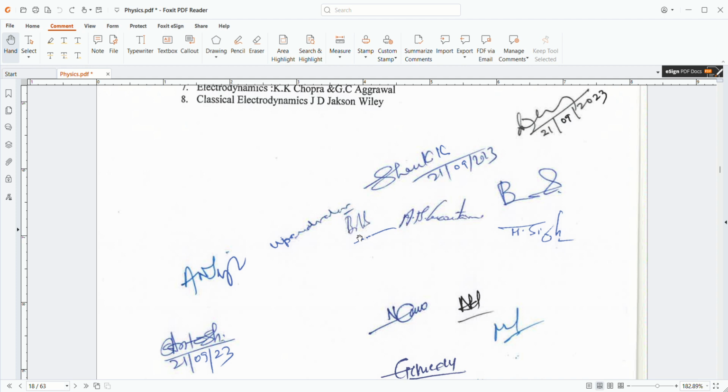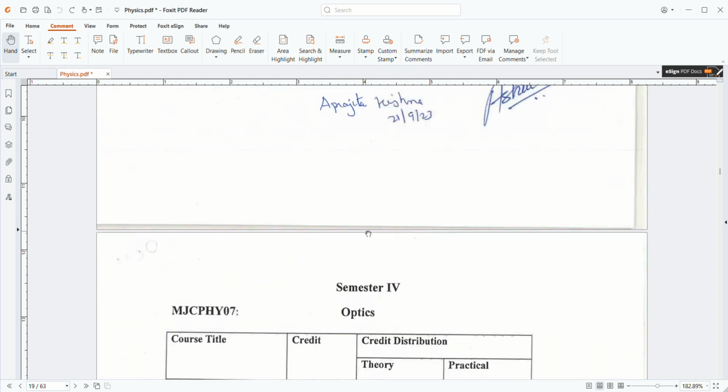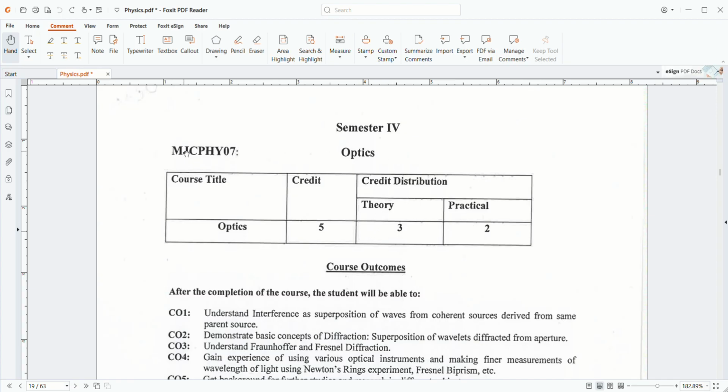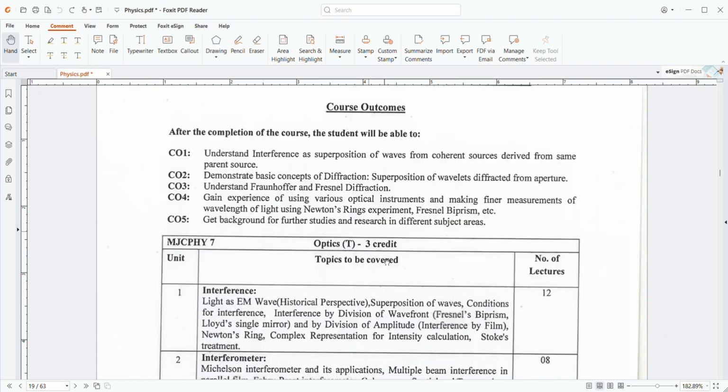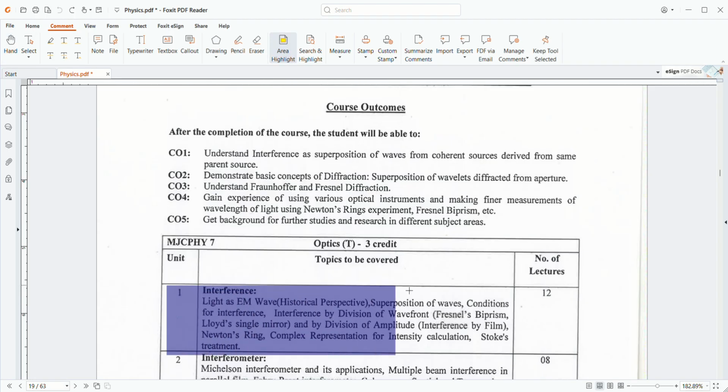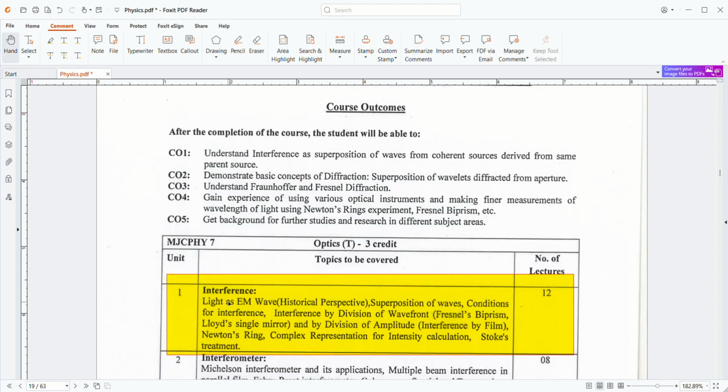Come to the next point. So semester 4 MSc paper 7, optics. Credit 5, theory 3, practical 2. So course outcomes, read this and highlight these points. First, light as EM wave, historical perspectives, superposition of waves, conditions for interference, interference by division of wavefront, Fresnel biprism,